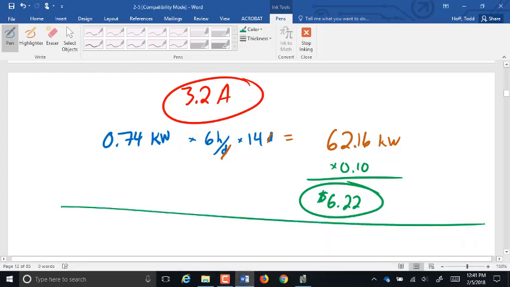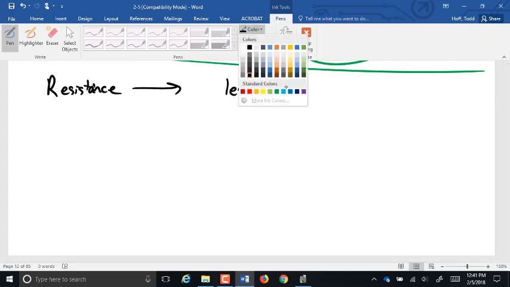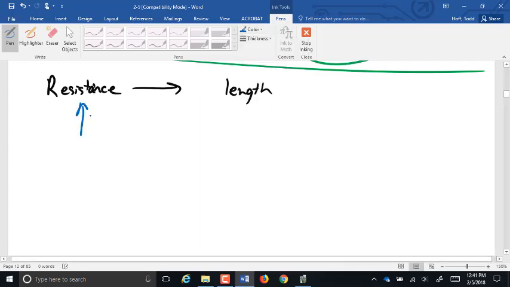So, we talked about ratios for efficiency and stuff like that last week. This week we want to talk about some things. The first one here is actually a little bit of a review. We've talked about part of this, that the resistance in a wire is related to the length of the wire. If the length of the wire gets longer,